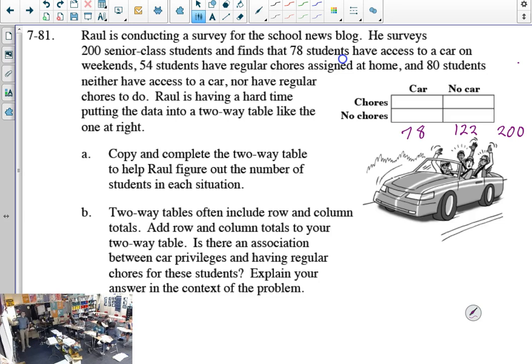54 students have regular chores assigned at home. 80 students have neither car nor chores. Where does that go? That goes in the bottom right. So this is 80, no car, no chores. Where's the 54 go? Top right. Right, like out here? Yeah. And you subtract and you get